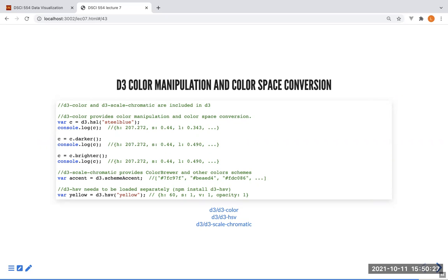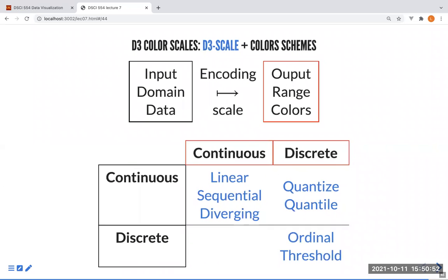Not everything is loaded by default. So you see that HSV, for instance, is another library, and that's because most of the time you don't use it. But if you need it, it's in a separate library that D3 provides. So the color scales, they're used